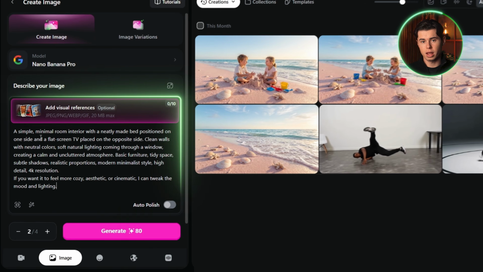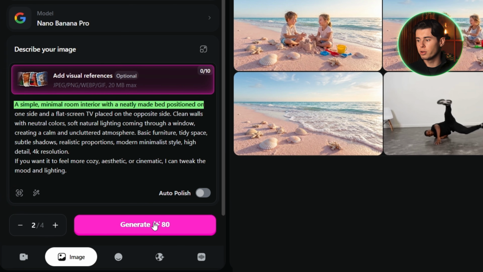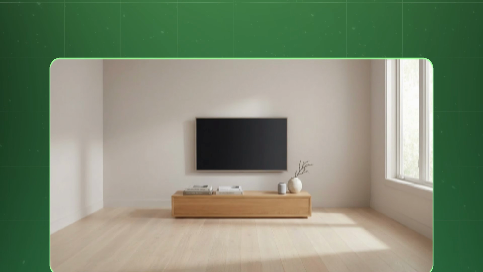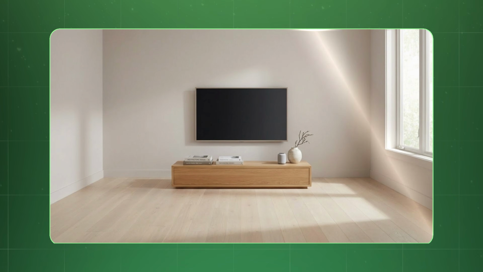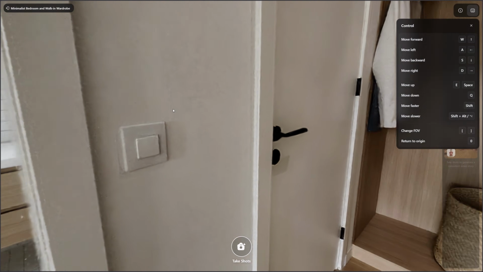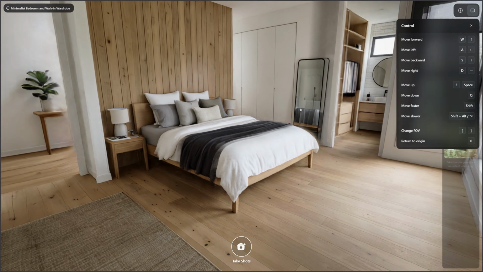But there was an even bigger problem with this method. Let's say your location is a simple room with a bed on one side and a TV on the other. For the first shot, you film the bed. For the second one, you turn around and film the TV. So now you already need another reference image for the opposite side of the room. But then let's say you want a third shot that does a full 360-degree tour of the entire room in one continuous scene. This is where the real problem starts, because even if you give the AI multiple reference images,